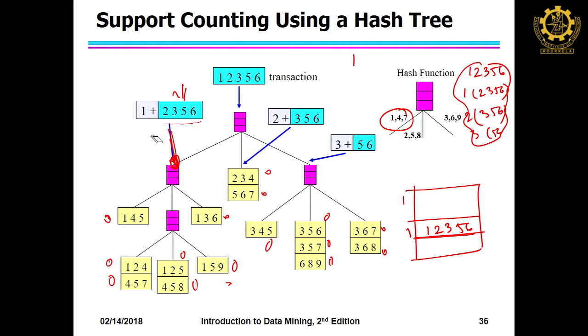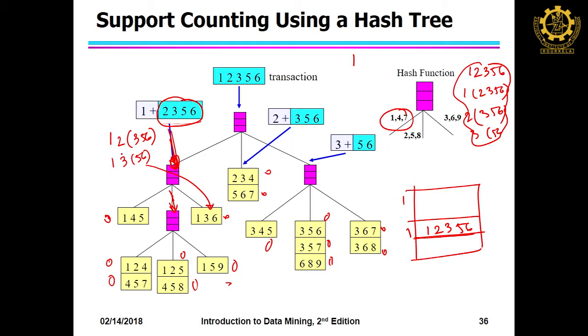So, how do you do it? Here, 1 is already there and now from this part you generate 2 and any combination of 3, 5, 6. So, 2, where will it be hashed? 2 will be hashed here in this region. Then another combination can be 1 and 3, 5, 6. 1, 3, 5, 6, where do you get it? It will be on the rightmost side. So, this will be pointed here, that is the leaf node. So, you cannot go further.